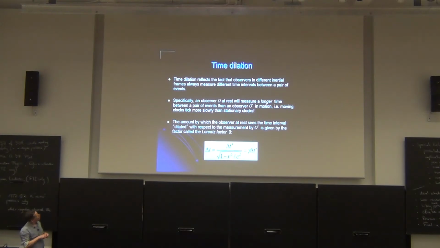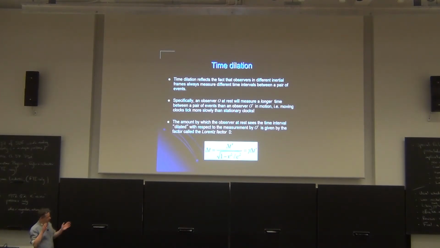Okay, so what we are expecting now is a little bit of an extension of what I was just talking about. But now we're going to talk about two events happening in a certain observer's reference frame and ask the question how the time interval between those two events might look for observers in two differently moving reference frames. So what turns out to be the punchline is here, that